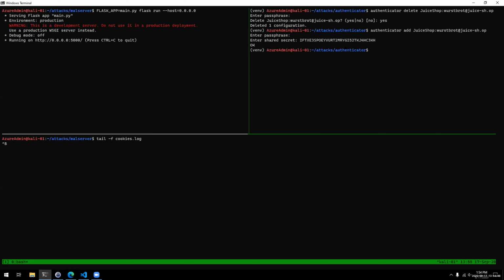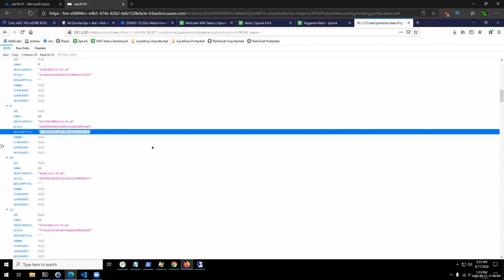And now it's set up for our account, so we can just say authenticator generate my password, and it's going to start generating these authentication codes that expire after a short amount of time. But if we head back to the login page,